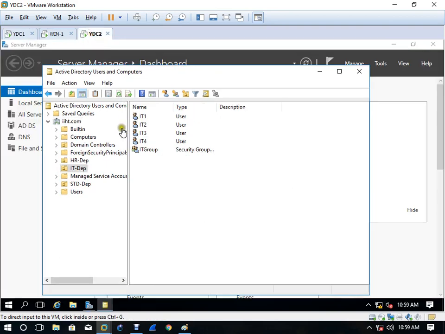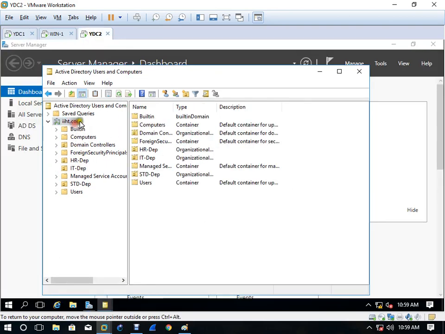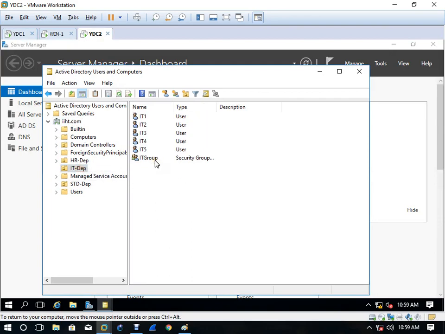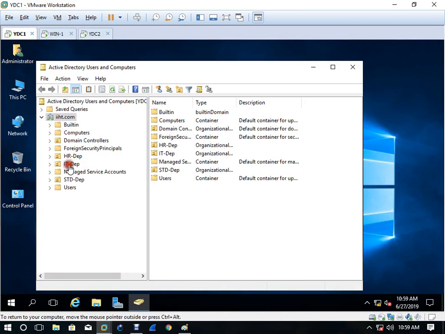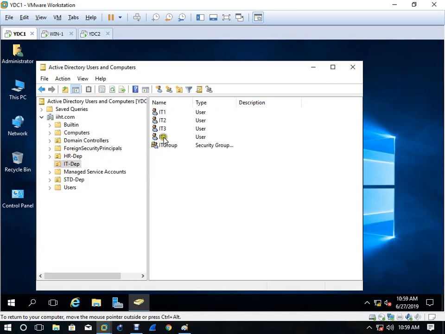When you refresh, let's come here and refresh here as well and come to IT department. See, IT5 is coming from the domain to this place, but this one is taking time, right? So if this one is taking time, where is the problem? From DC to ADC or ADC to DC? ADC to DC is the problem, right?